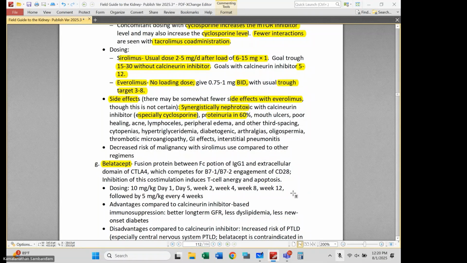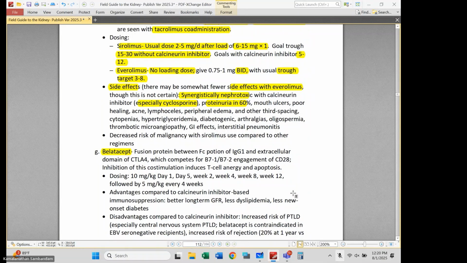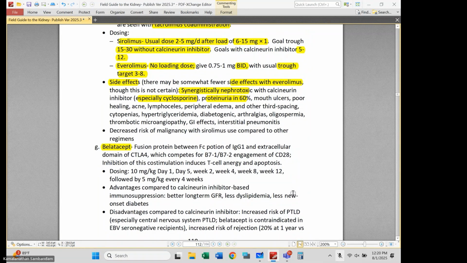So again, sirolimus can antagonize VEGF pathways. That is why it has some anti-neoplastic effects. That is why it predisposes to impaired wound healing. Okay, perhaps. That is why it can be used for